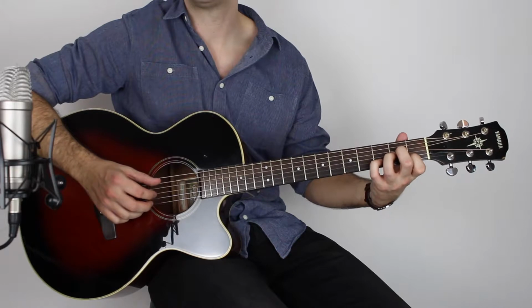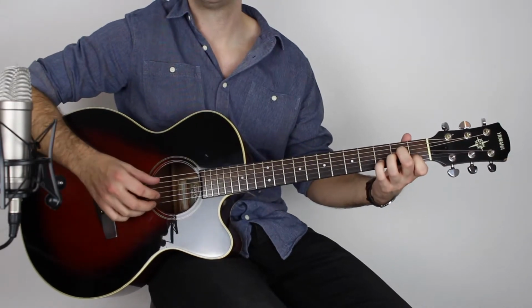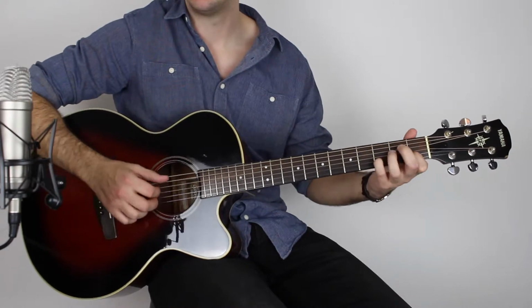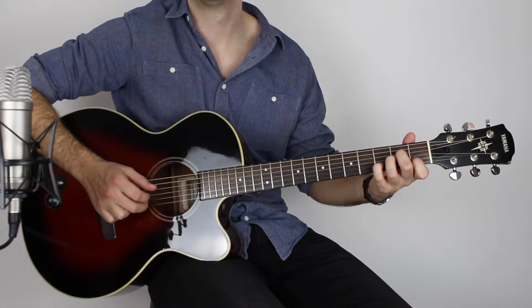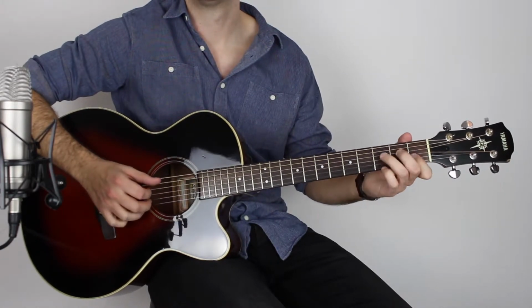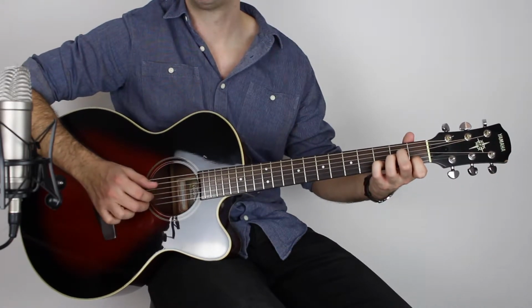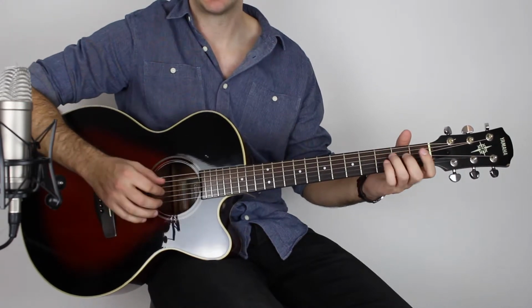And then pretty much the same thing over an A minor chord. So exactly the same with the right hand, but instead of being on a C chord, you do it on an A minor chord. So C, to A minor, exactly the same. Okay, and then a G,